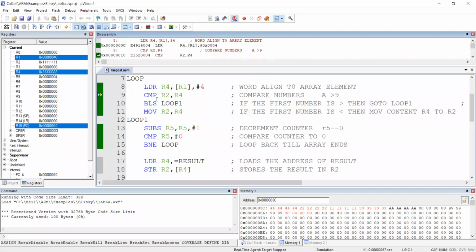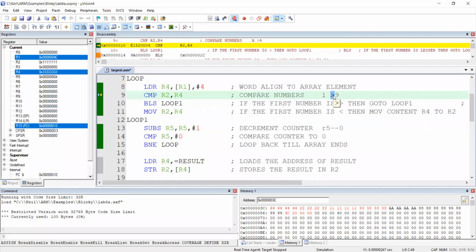So now what are we comparing? Comparison. Sorry, not A, 1. I have to change the sign. I hope you can see where I am modifying. I am using this symbol. What is that? Lesser symbol.